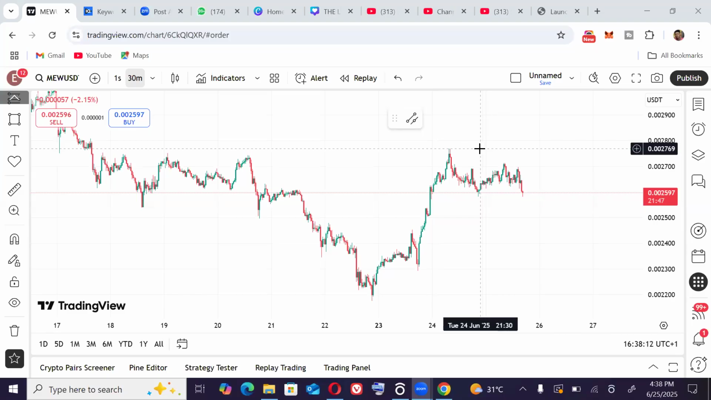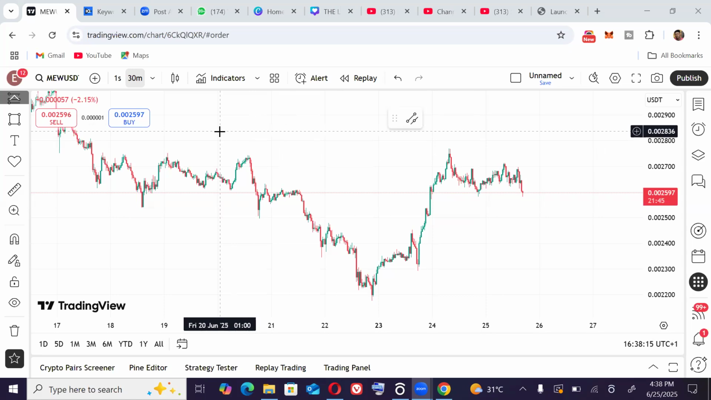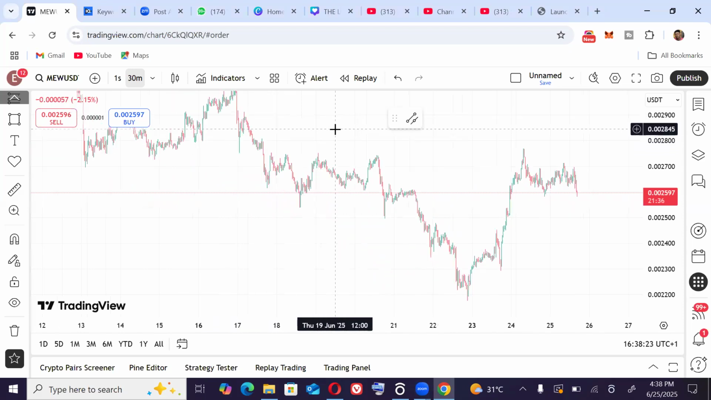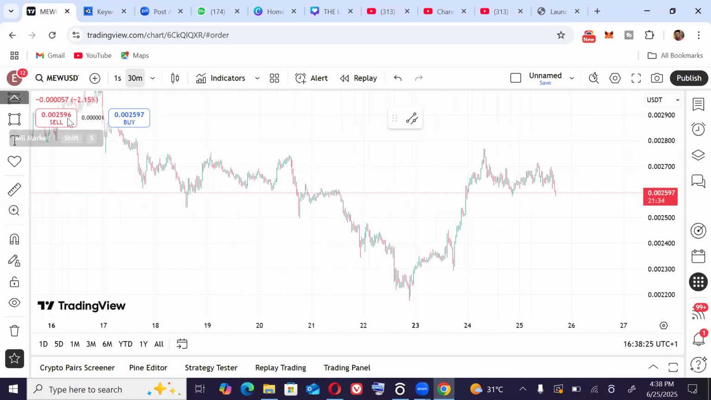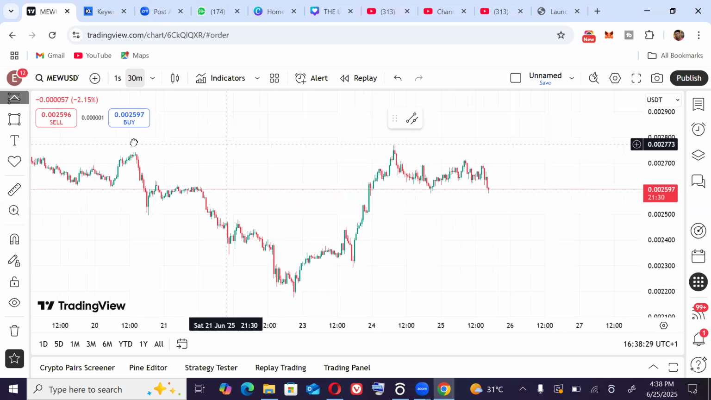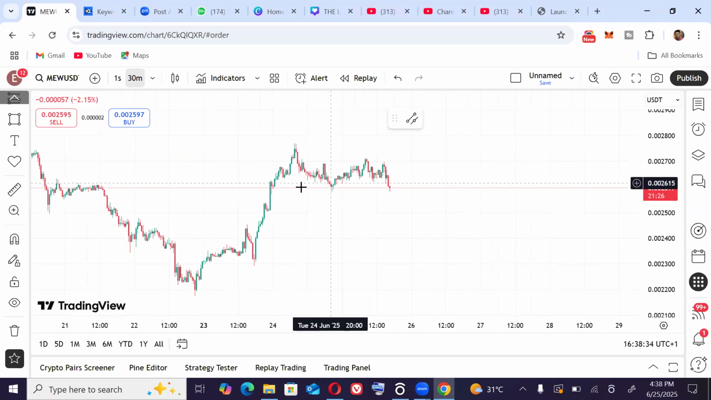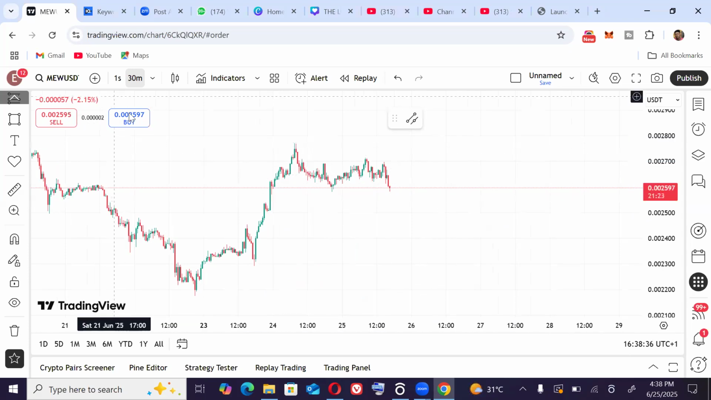Now, take a very good look at this chart. This is MEW USDT. Take a very critical look at this chart. What do you see? This is a pure downtrend, and we want to take a sell position back to the downside. But we must first acknowledge what our distribution model looks like using the Wyckoff schematic with respect to liquidity